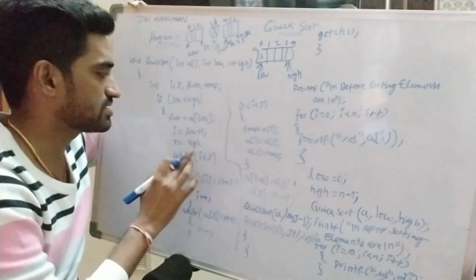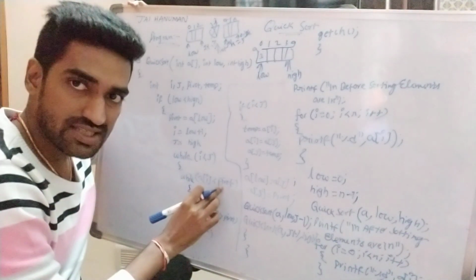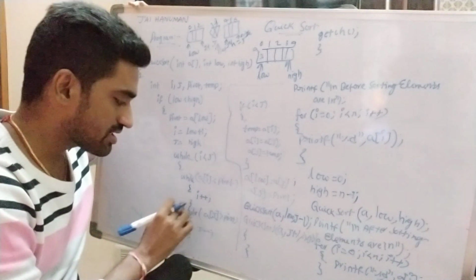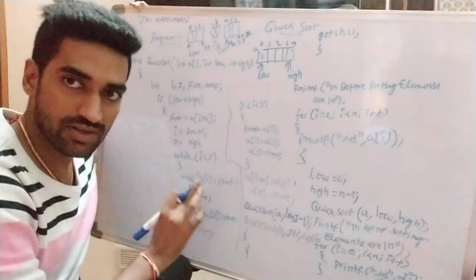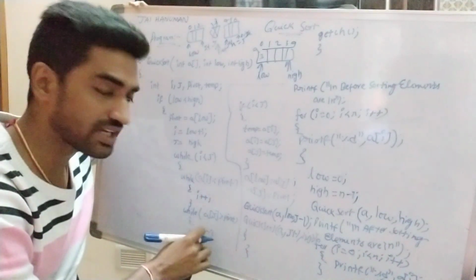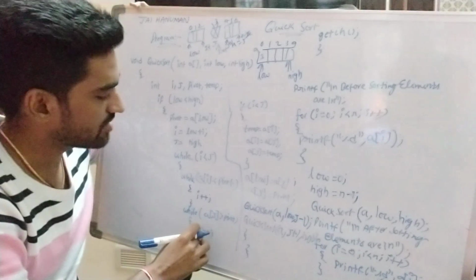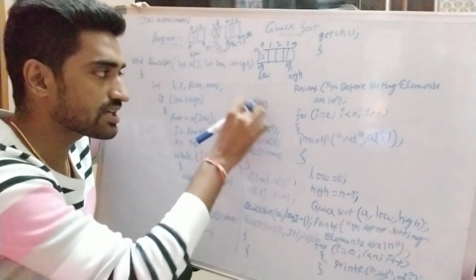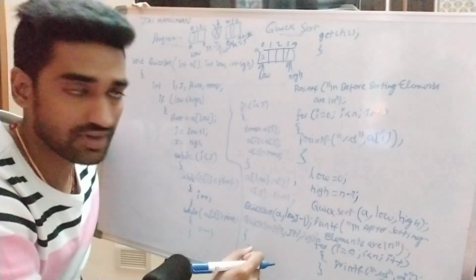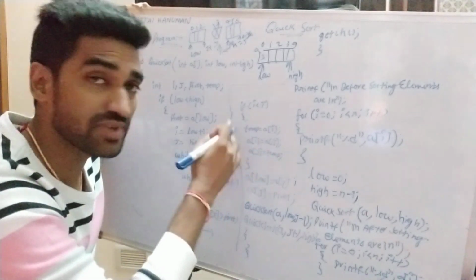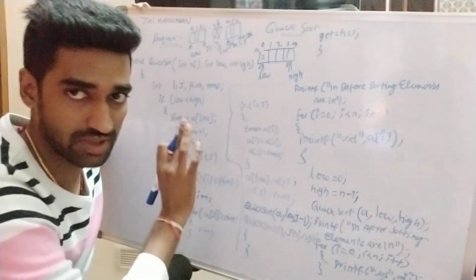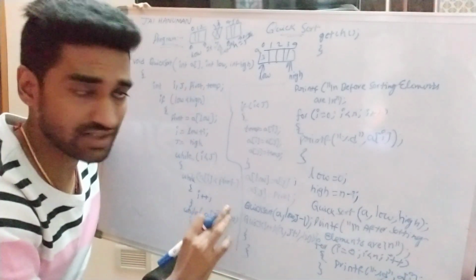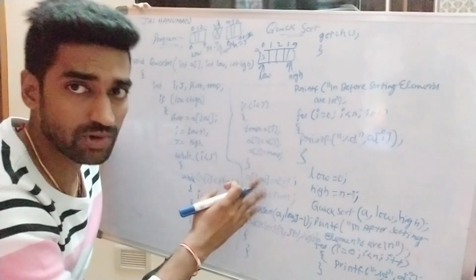So simply we are checking a of i less than pivot. If this condition becomes true, we are incrementing i value. Otherwise, we are checking one more condition. If a of j greater than pivot, this condition becomes true, we can decrement j value. If both are failure, we are checking one more condition: if i less than j, and this condition becomes true, we can swap a of i and a of j with the help of a temporary variable, right? Once this condition becomes failure, we can swap a of j and pivot, and the j position is the pivot position, right?